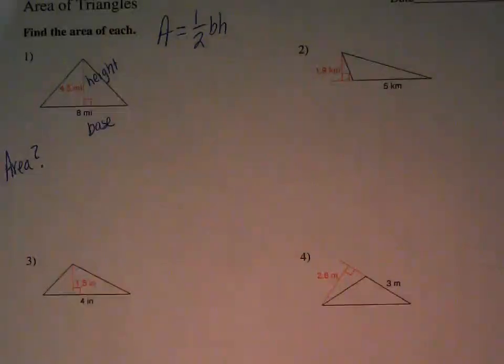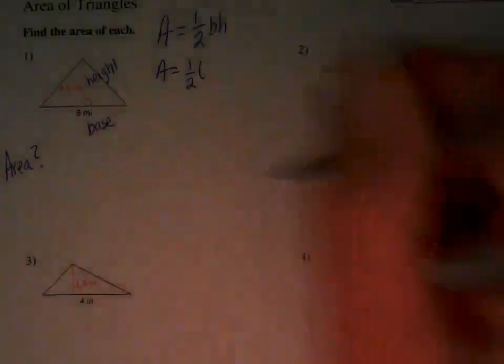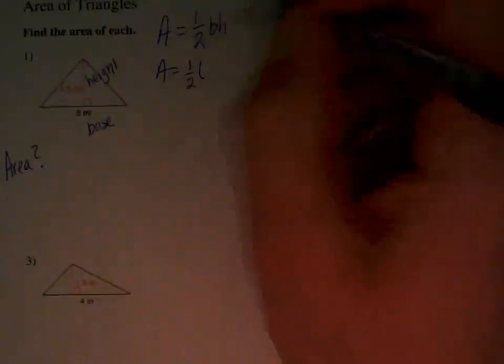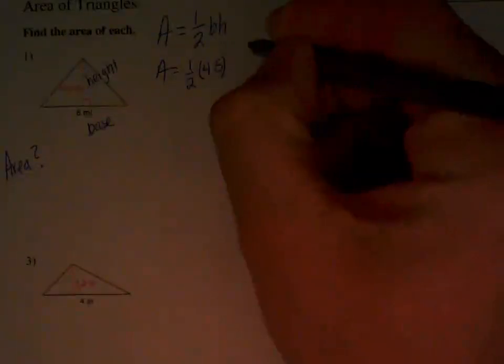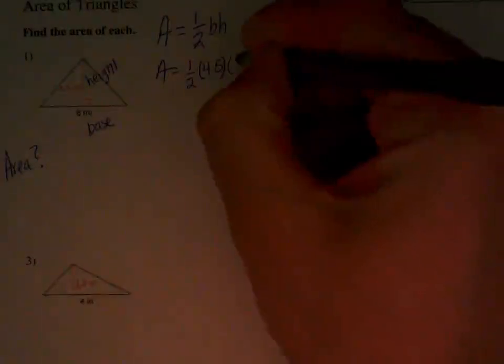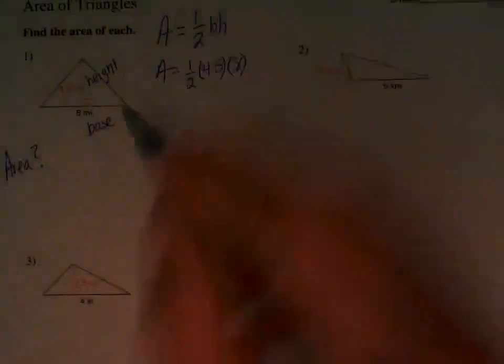So without further ado, we just use our formula, right? Area equals 1/2, and it's multiplied, right? Because we have 1/2 next to B and H. Whenever we have that, you see those little dots, that little glue, or that tape that kind of puts everything together, all that it means is multiplication. So we have 1/2 times 4.5, and times 8. And it looks like our units are in miles, but we'll talk about putting the units on at the end. So we're going to go down,